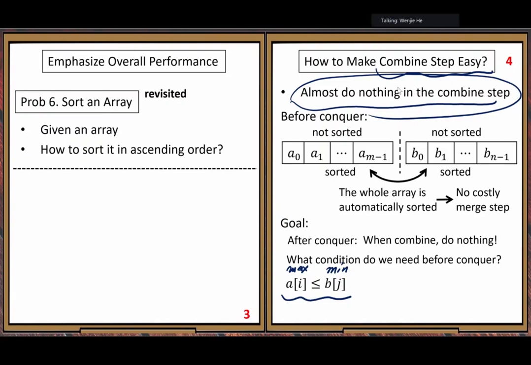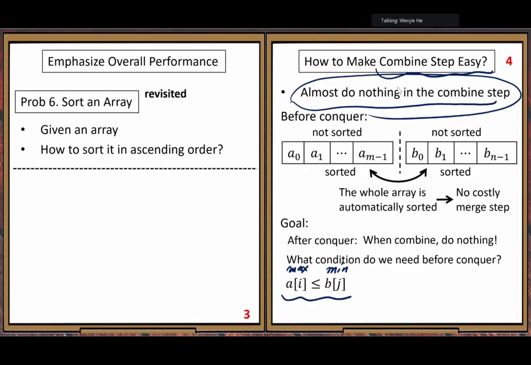That's the requirement. If you make your data with this property, then when you combine them, you don't need to do any comparison.